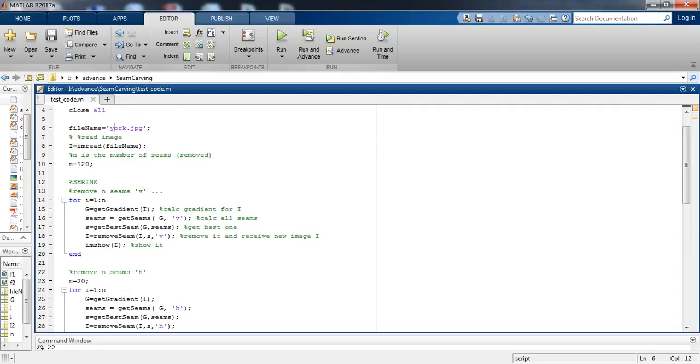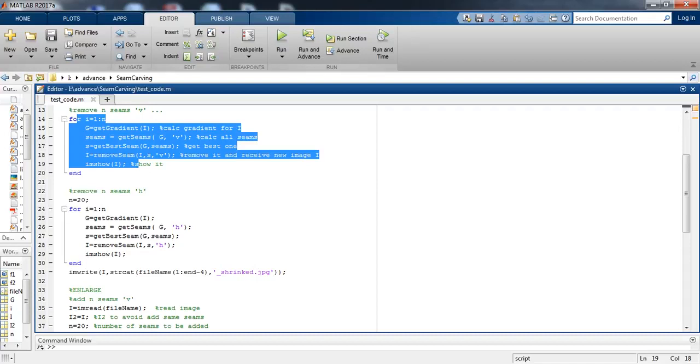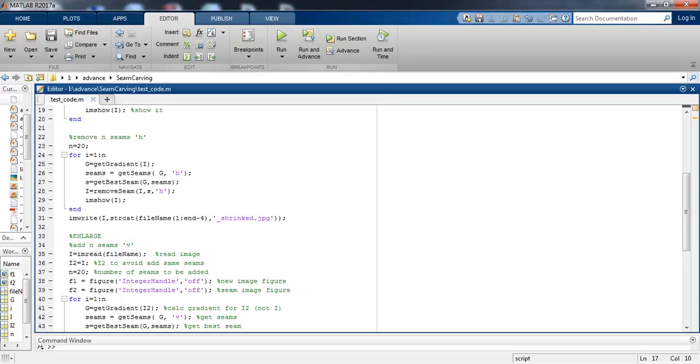Now after that we are reading the image. I equals imread of file name. We are reading the file by using the imread function. Then we are shrinking the image. For shrinking we are iterating a loop for i equals 1 to n. In this we are removing n seams v. After that we are removing n seams h.